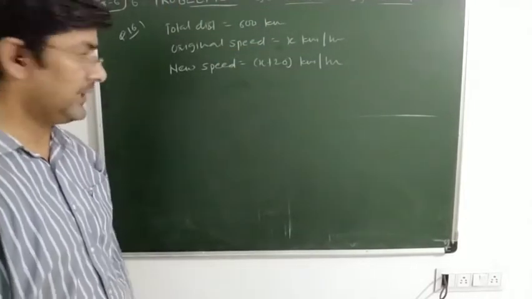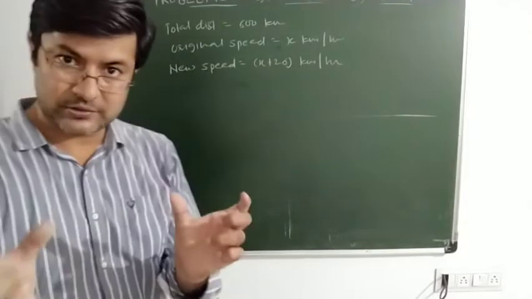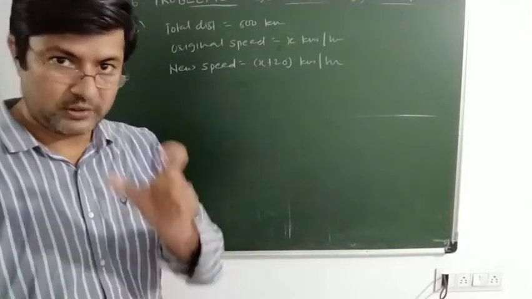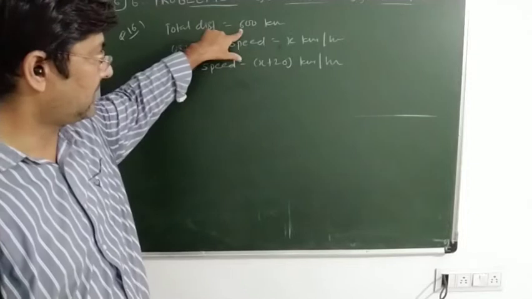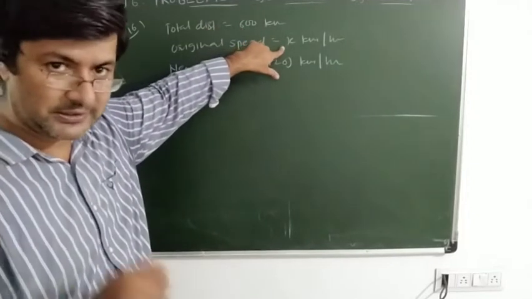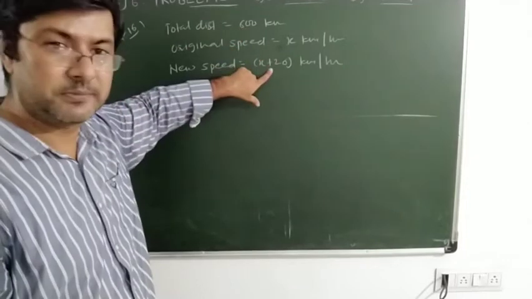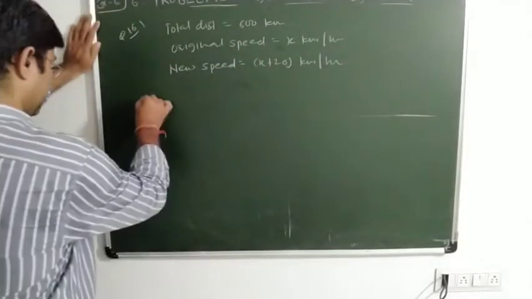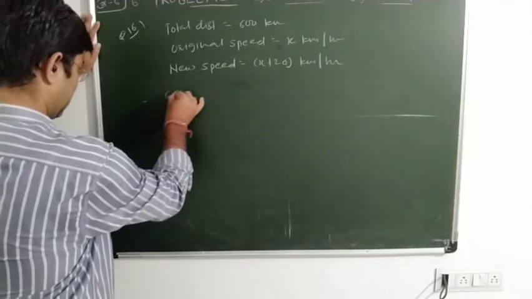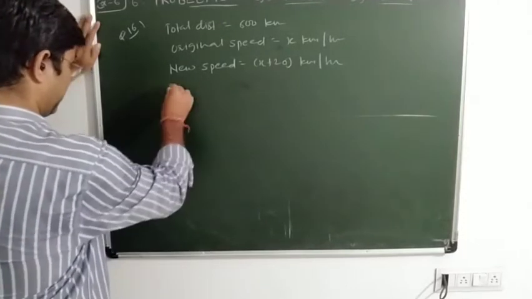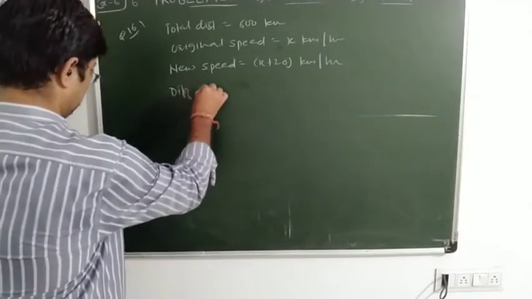It means again you are given the difference between the two times. What is the first time? 600 upon x at a speed of x kilometer per hour, and another time is 600 upon x plus 20. Obviously 600 upon x is bigger, so the difference between time taken